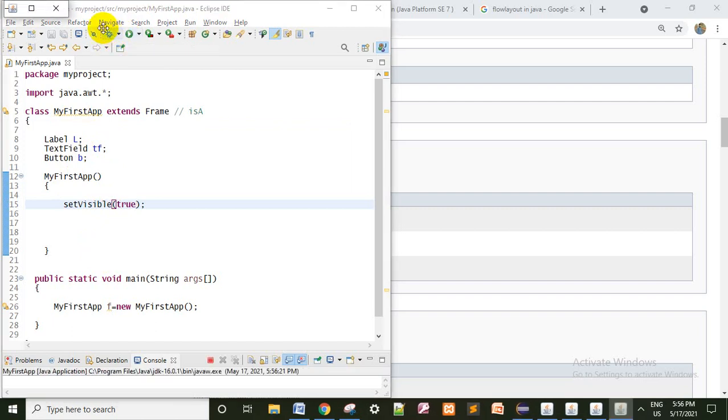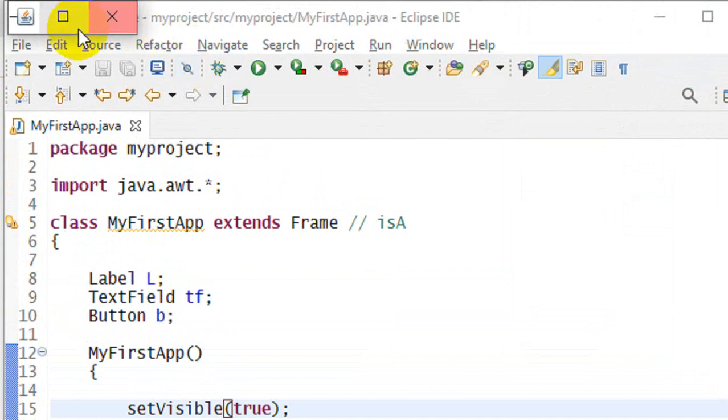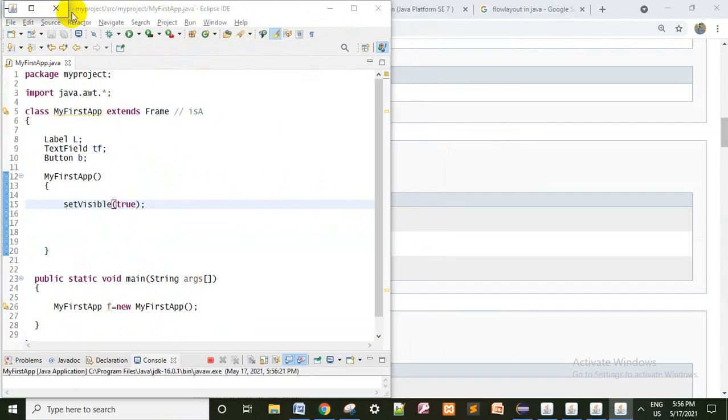See, now you can see the frame is created, but without size. So now we have to set a size. You can observe that when you click the closing button, it will not close, because for a frame there are no closing options, there are closing methods. We will discuss later how to add the methods for closing.